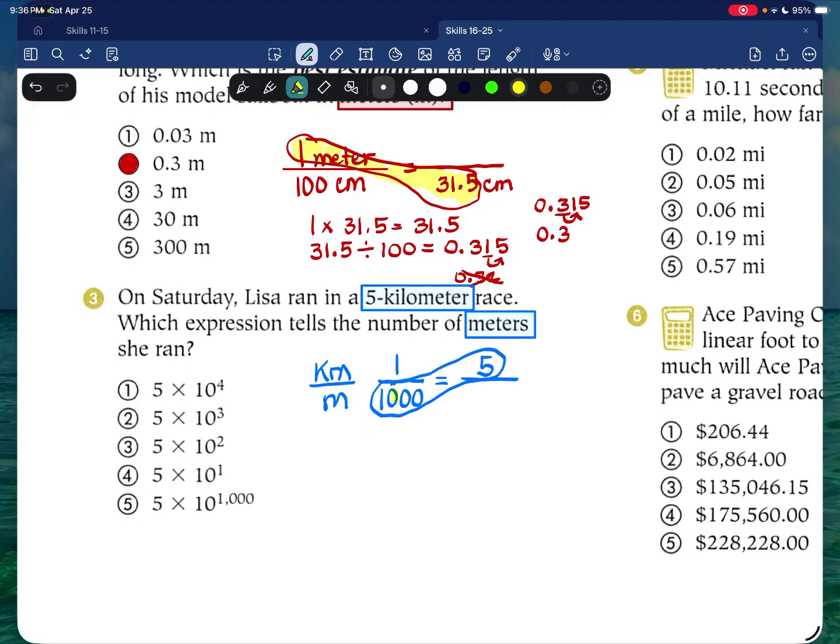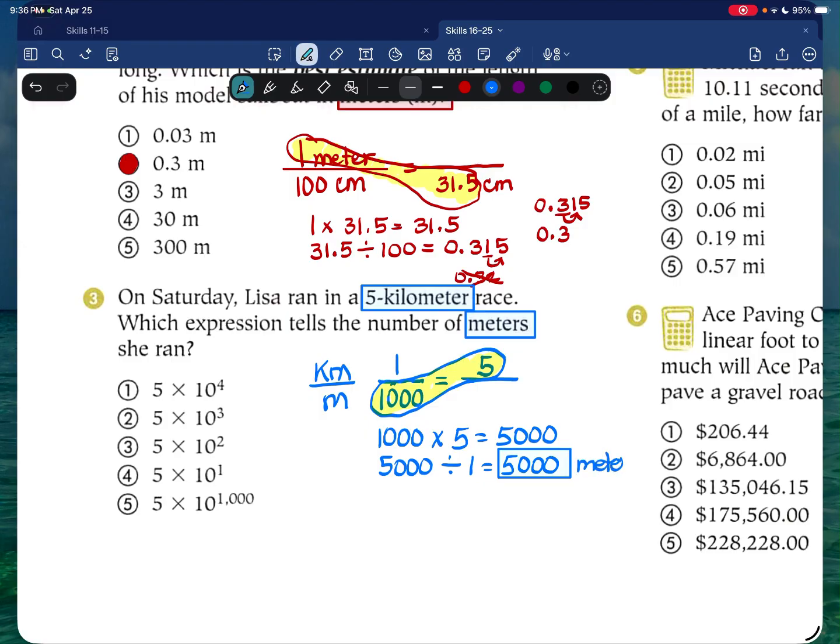Go ahead and solve the proportion. You know what to do here because you always do the same thing. You multiply the peanut. So 1,000 times 5 is 5,000. And 5,000 divided by 1 is still 5,000. Okay, so this is the answer. 5,000 meters is the answer. This is called standard notation. It's just a normal number. But they want us to give the answer in